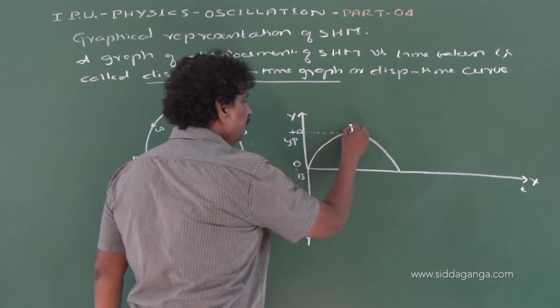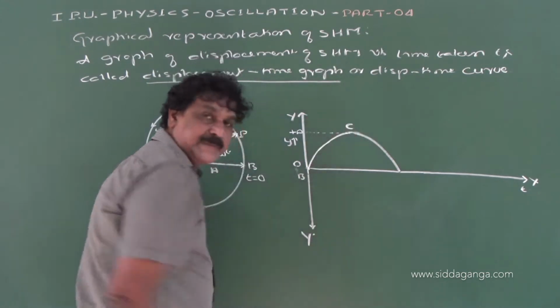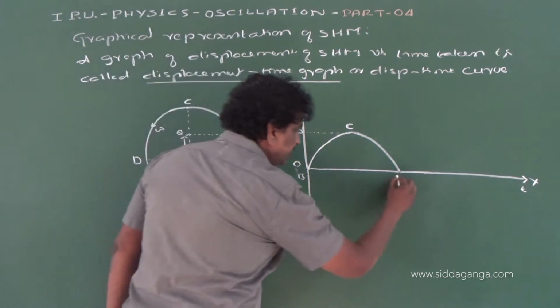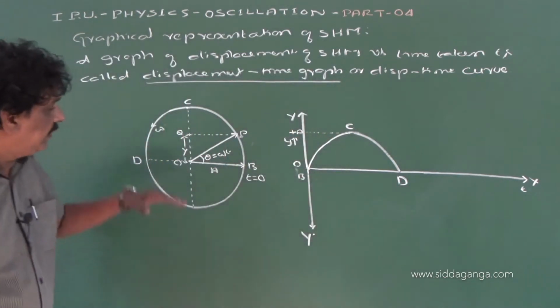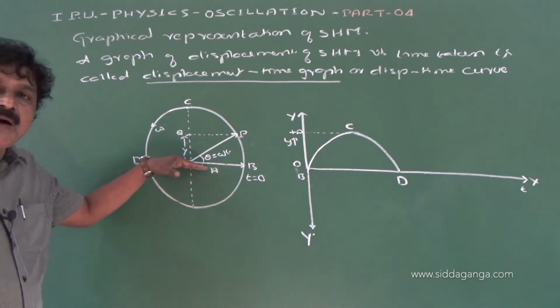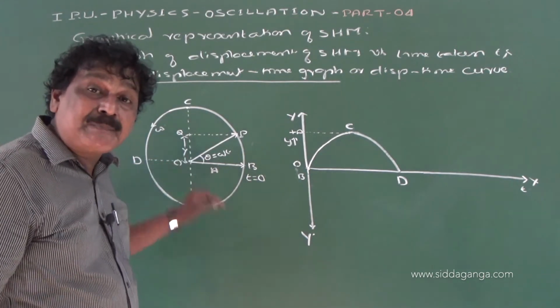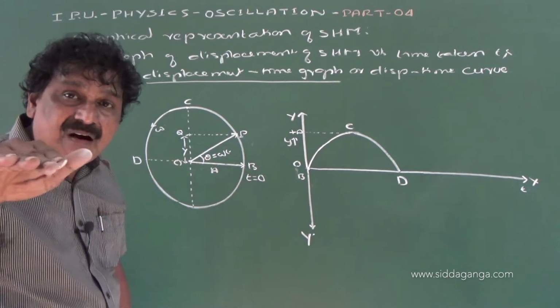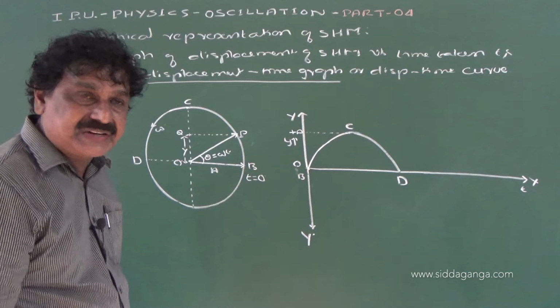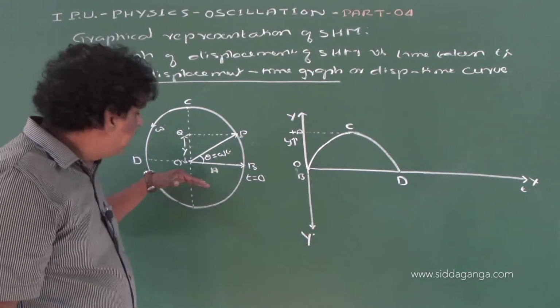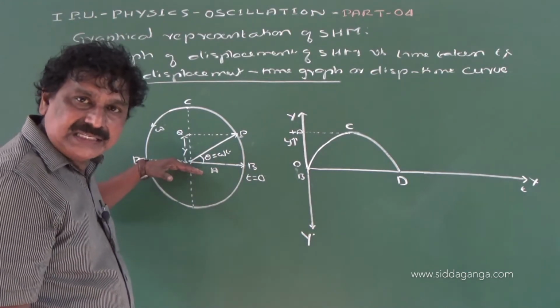Now this is the position C. This is the position D. Now the simple harmonic motion has completed half oscillation, or half vibration, in the positive direction, that is above